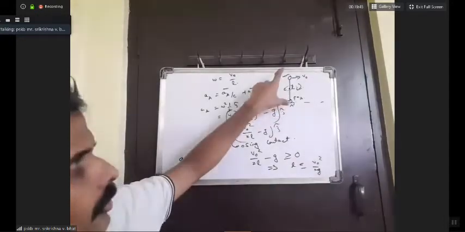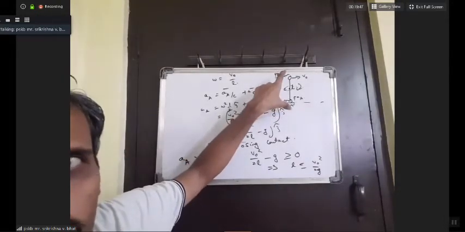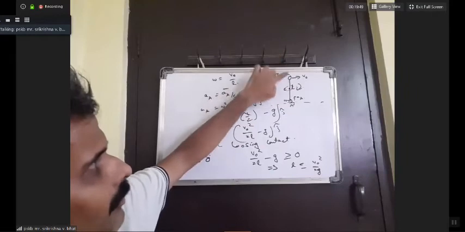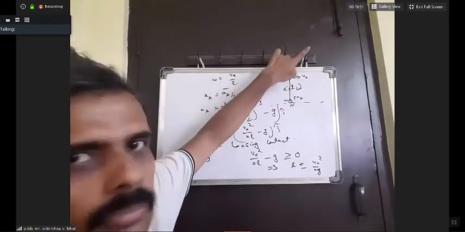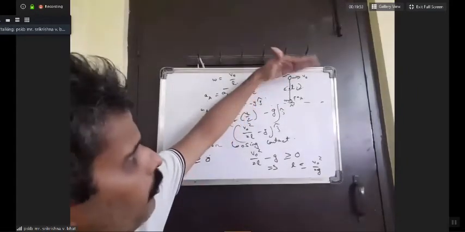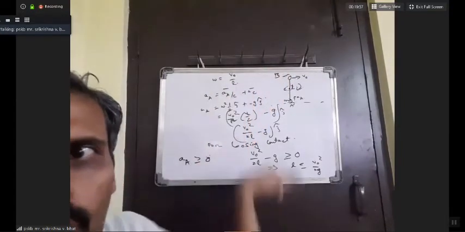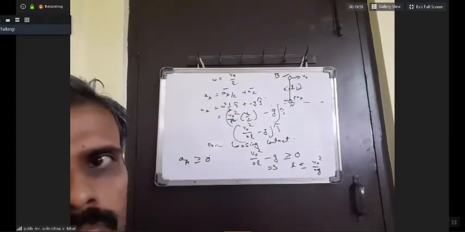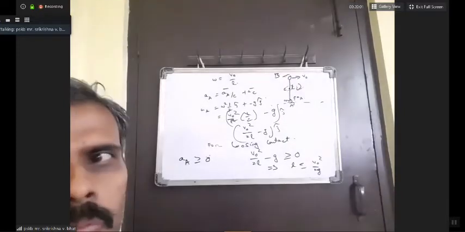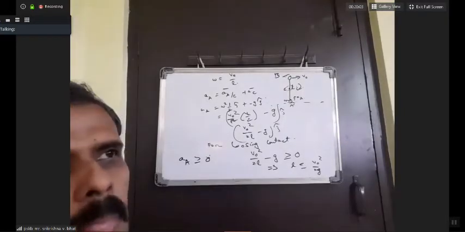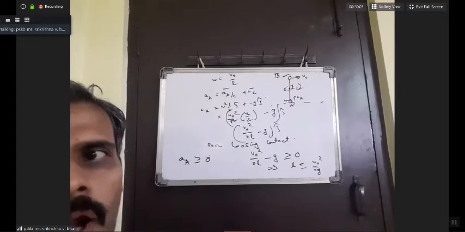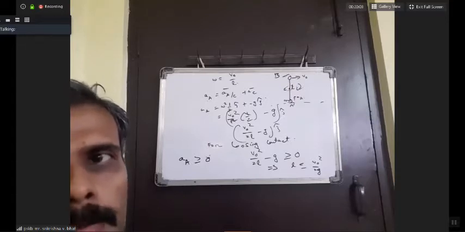Because initially this rod is vertical, no? Yes. So if you give it some velocity, say V, you resolve that V into two components. One is horizontal and one is vertical component. Now the vertical component of velocity should be the same for both the masses, no? Because there cannot be relative motion along the rod. Okay.